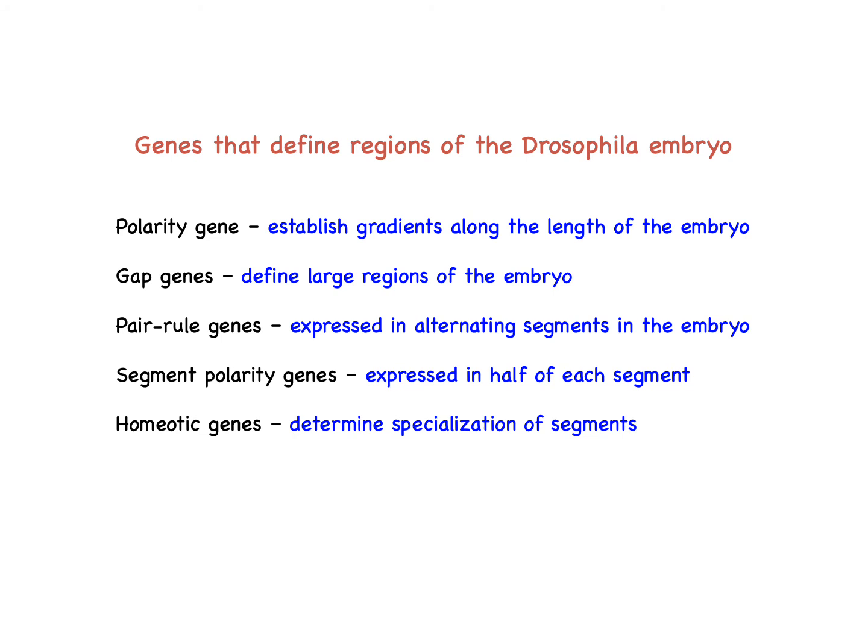And then finally, the homeotic genes, again, that determine specialization of each of these segments. So once we go through the first 4 groups of genes and define actually each half of a segment, then the homeotic genes are expressed to tell each one of those regions what to become. And so this next